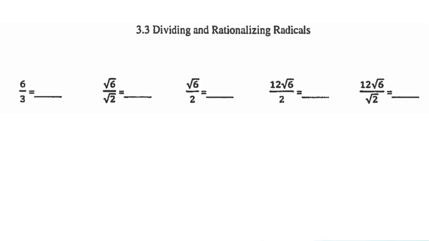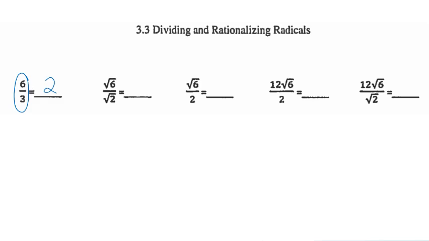rationalize. So when we're working with radicals, we're going to find some properties that are similar to how we would normally divide integers or whole numbers. There's certain things we have to take into account when we're dividing radicals. So this first set of problems is just kind of reviewing some things we know and some things that might be a little new. So obviously if I'm doing 6 divided by 3, right, that's just the same as 2,